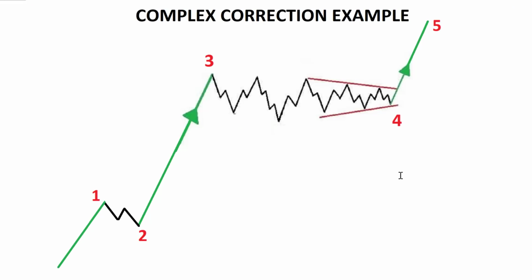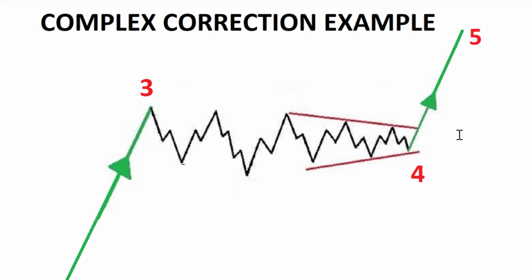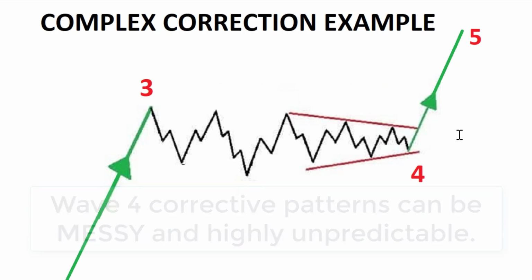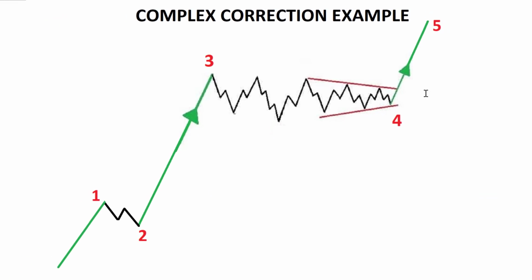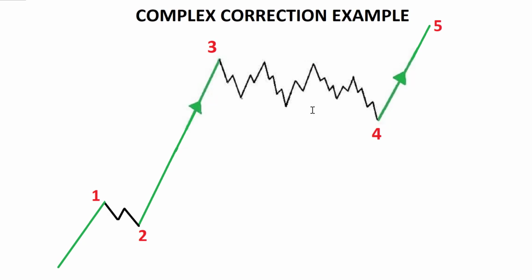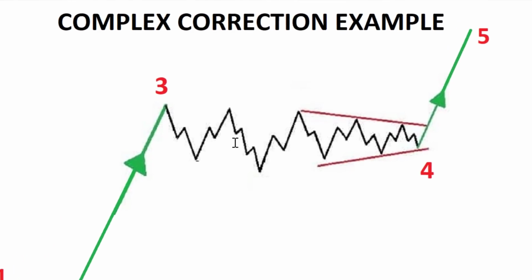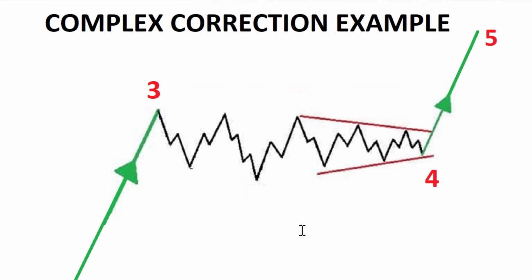And by the way, that means this. If you just take a look at this chart, this is an example for you of the kind of pattern I think we're in right now in Bitcoin, a complex corrective pattern. And it's something you have to appreciate, that wave 4 corrections are complex sometimes. They're not always a very simple ABC. Sometimes they look like this, and sometimes they may look like this. Bottom line is they're very messy and often very unpredictable in their movements. I think this is actually very similar to the chart picture we're seeing right now on Bitcoin, as you can see there.